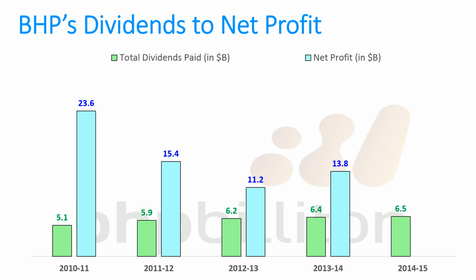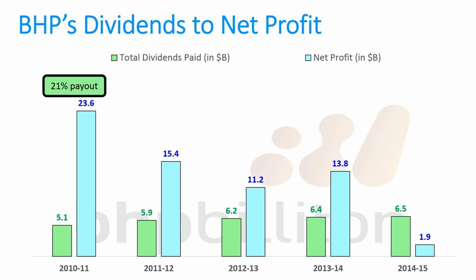And then we get to this year where we've got a bit of a problem. They've announced their dividend of $1.24 per share. That's going to be total drawings of $6.5 billion. And that's okay as long as your net profit is going to be bigger and bigger every year. But in this year, the net profit was only $1.9 billion. So we've actually got a situation where they're going to take out more in drawings than they're actually going to make in net profit. So now we need to ask, well, where does the money come